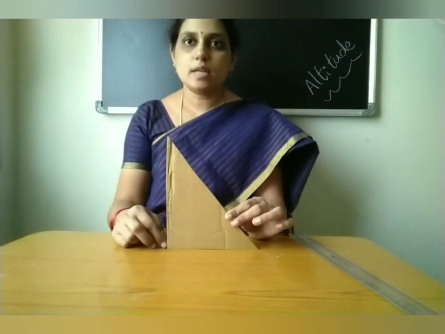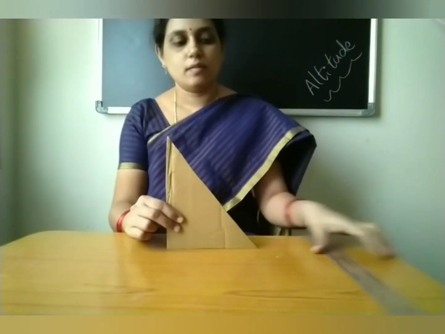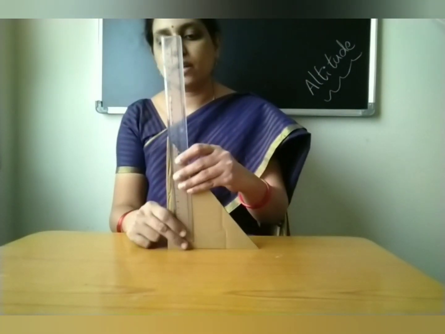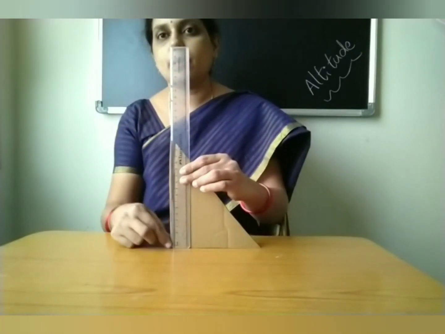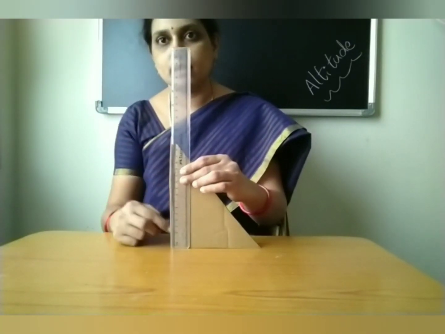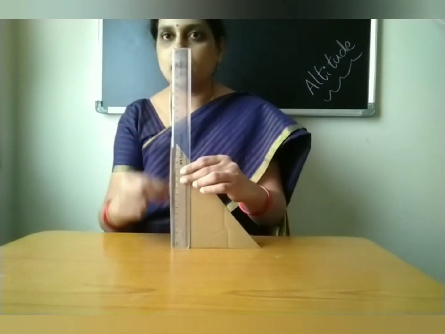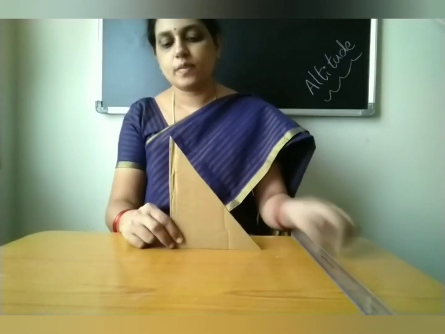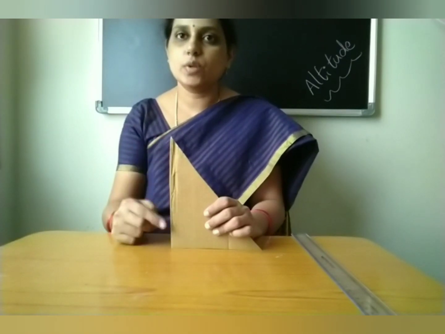So in a right angle triangle what will be the altitude? Here from the vertex we have to see what is the perpendicular. Here it is only the perpendicular, means what? The side, isn't it? Here one side is nothing but the altitude also. Is it clear children? So here this is the side of the triangle and this is the altitude also for the right angle triangle in this position.